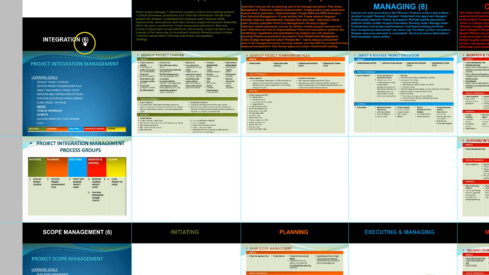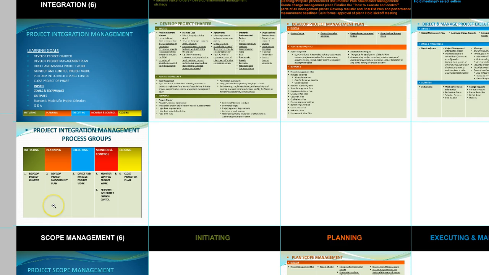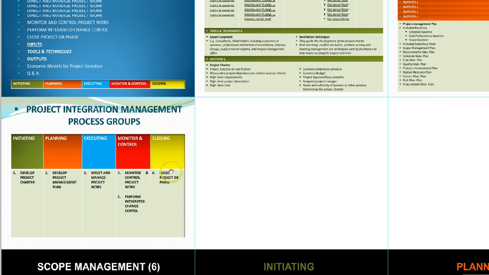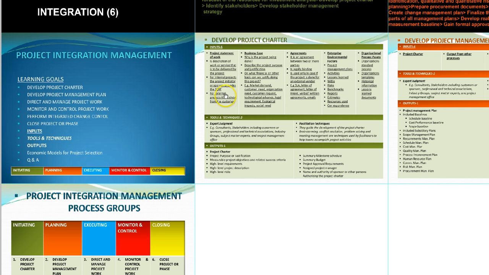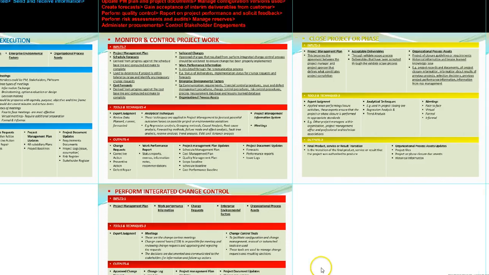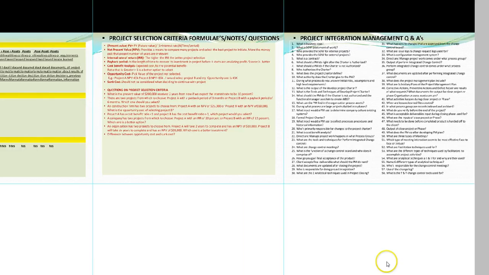we have a total number of 6 processes. The processes that you would see in here are develop project charter, develop project management plan, direct and manage project work, monitor and control project work, perform integrated change control, and close project or phase. If you see, they're all in one horizontal row. All of them are color coded in the proper